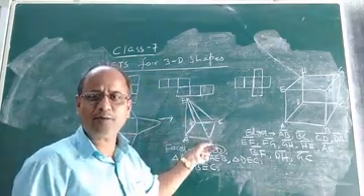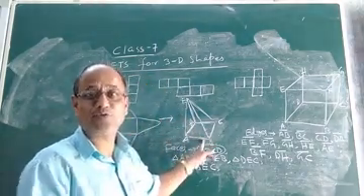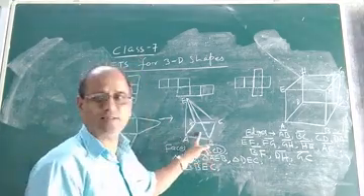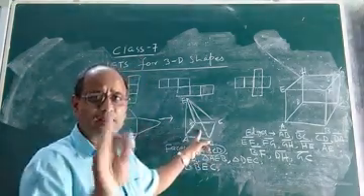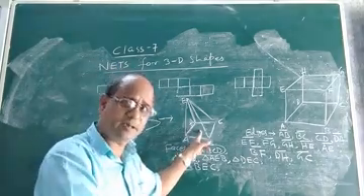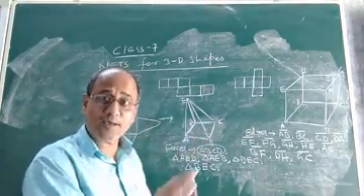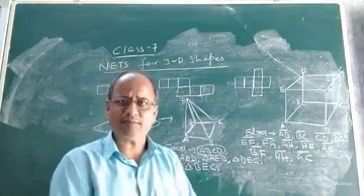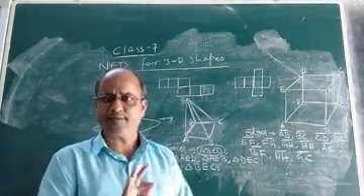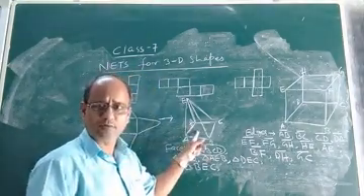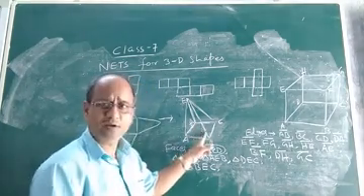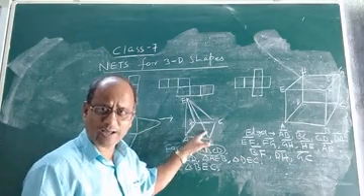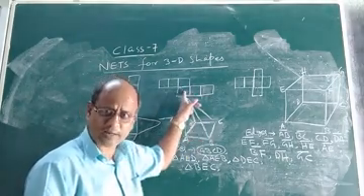And what is the name of this pyramid? The name of this pyramid will be square pyramid. Why? Because the base is a square. As I told you in the previous class, a pyramid is named on the basis of its base. That means on which base the pyramid stands. Like I am standing on the floor, the floor is my base. Similarly, this solid is a pyramid. Why? Because its base is a polygon, that is a square, and its lateral faces are triangles.